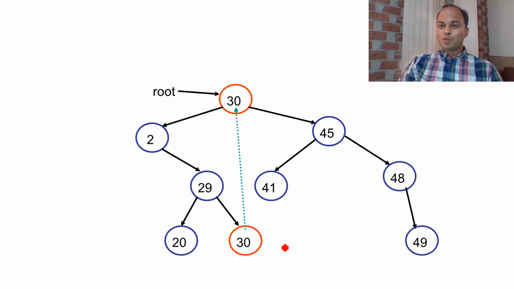So there are 2 possibilities here. This particular node may have one child or this particular node may have no child. If this particular node has no child, just delete it. If this particular node has one child, then we have to follow the deletion process we used in the case of one child. So this is all about our delete operation. So in this way we can perform the delete operation.